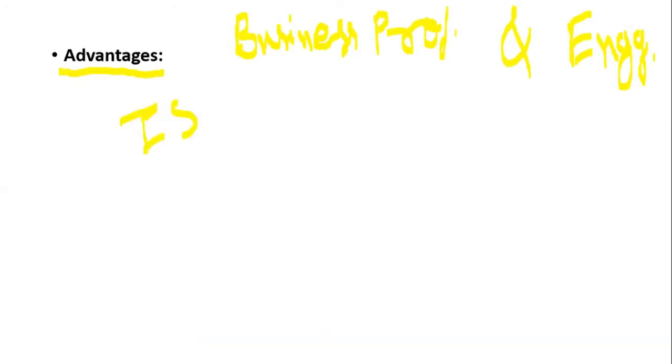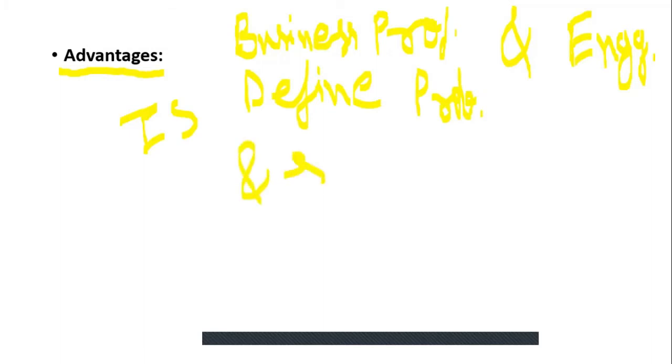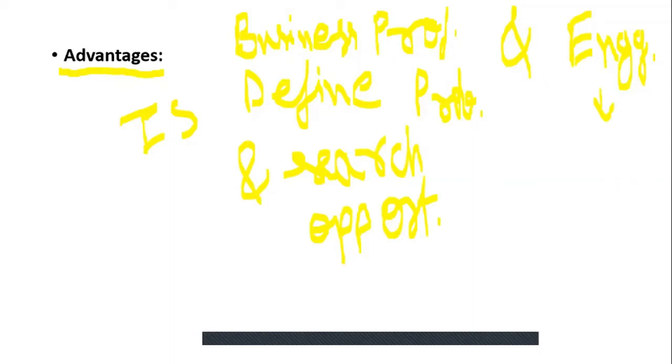From the information system point of view, business professionals seek detail about the system in order to define the problem and search for opportunity. But the objective of an engineer is to develop an information system to solve these problems or to achieve this opportunity. So engineers want the technical detail